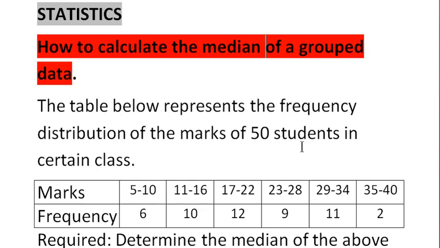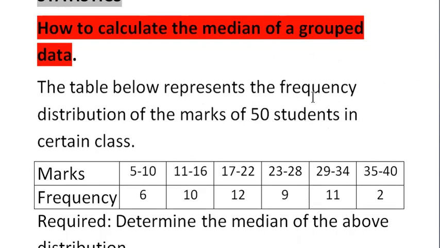In this tutorial, let us examine how to calculate the median of a grouped data. Using this illustration, under statistics, the table below represents the frequency distribution of marks of 50 students in a certain